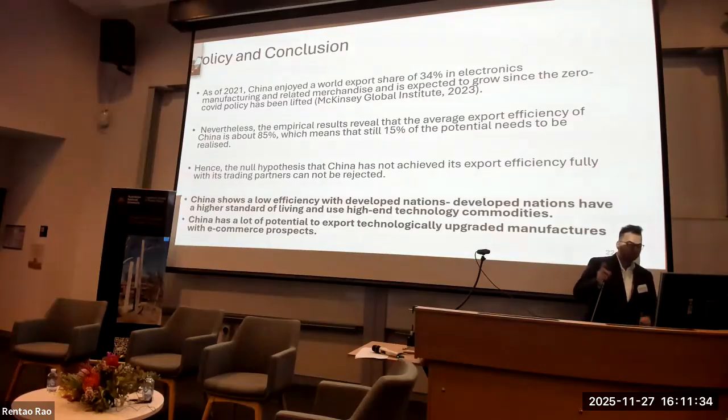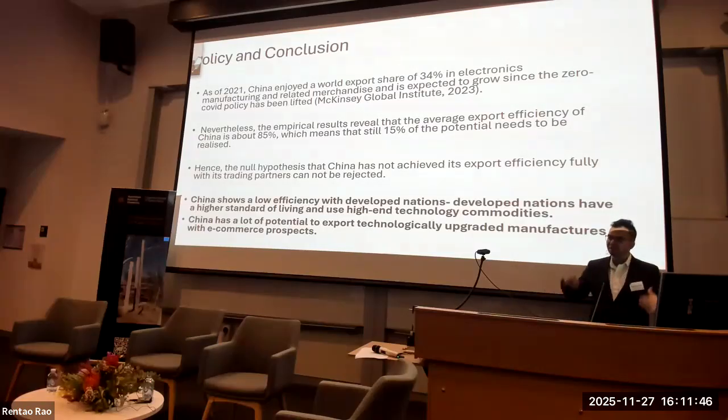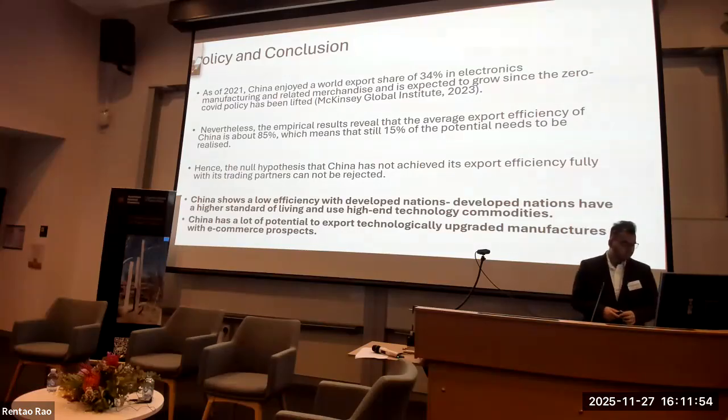So the policy and conclusion of the export efficiency is that yes, China's average export efficiency is 85%. However, China shows a low efficiency with the developed nations because they want very sophisticated products. So it has a lot of potential to export technology to the upgraded manufactured with e-commerce prospects. But having said that,